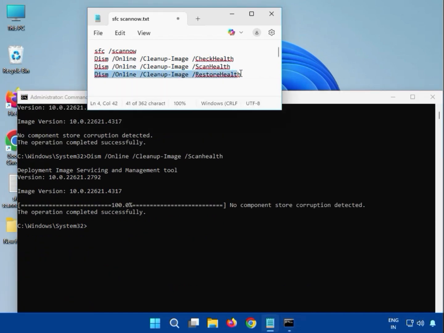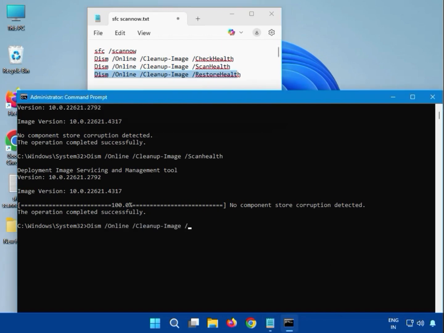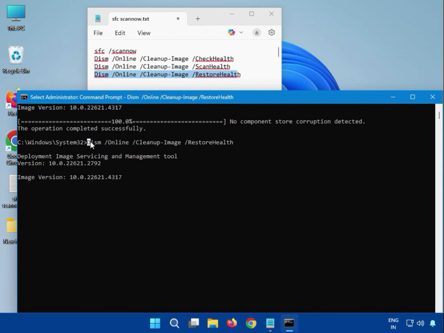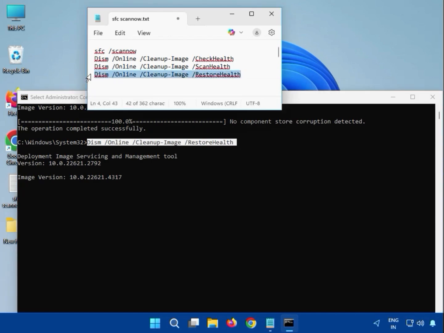Then guys, the fourth one, which is restore health. You can see here we can enter DISM and all, and please note small and capital. Okay, restore health, and then hit enter. Again guys, you have to wait. It will start the percentage and then complete. After that you can see here